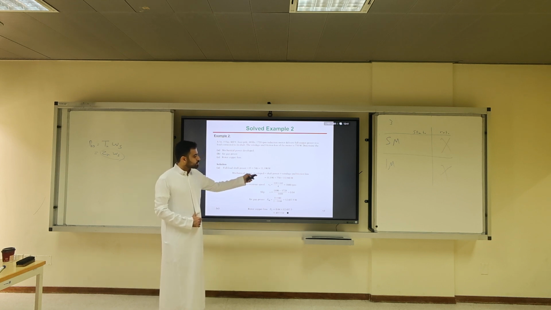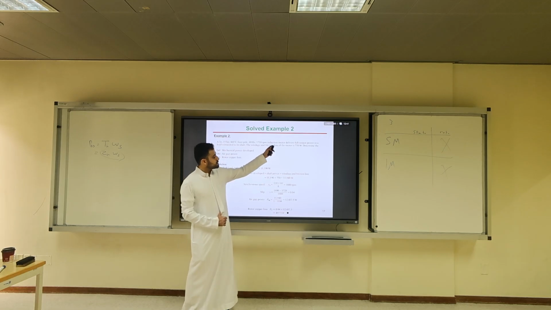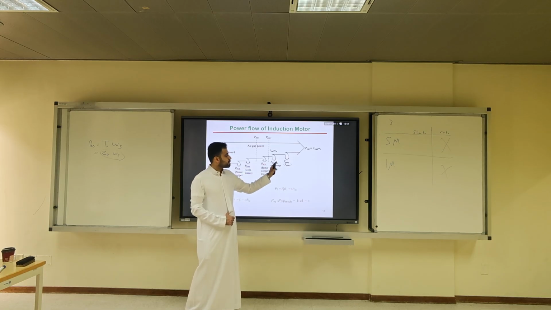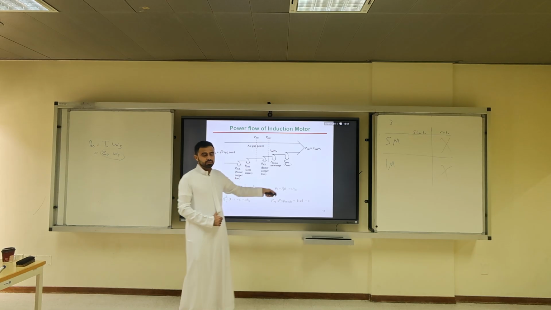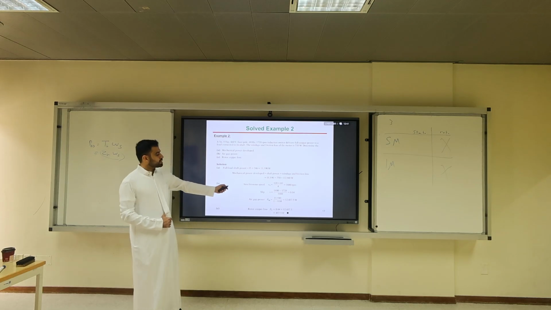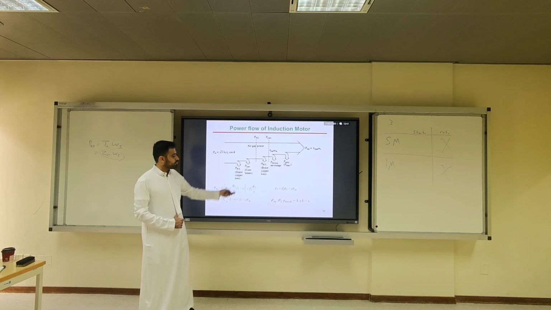You should get the output power plus windage and friction. Windage and friction is 750. It's given. So we're going from here to here, windage and friction. We ignore stray losses. Here in this example, we ignore the stray losses, okay? Then what else do you need to do? You need to go and get the converted power,